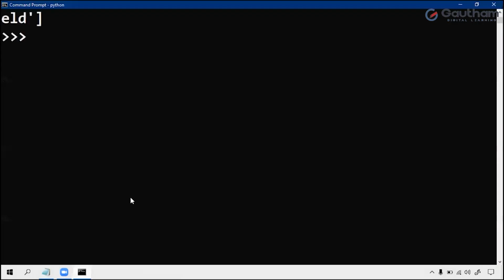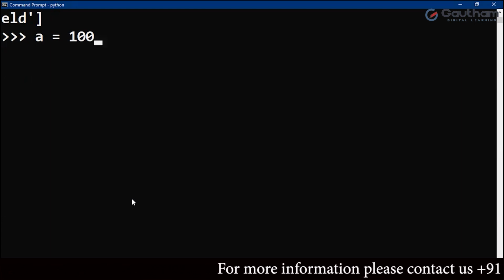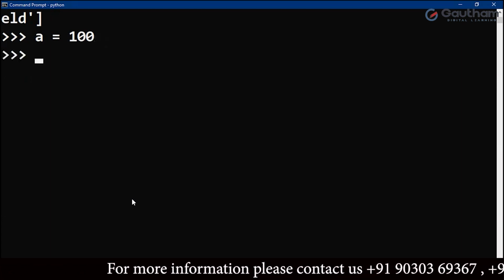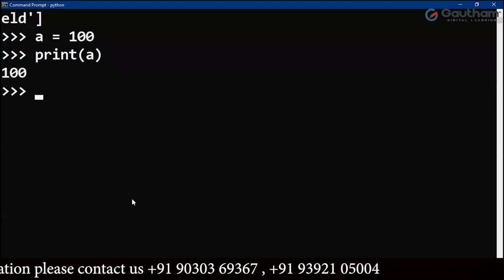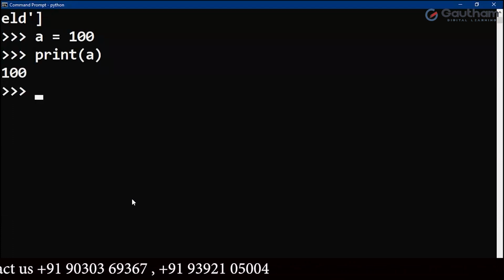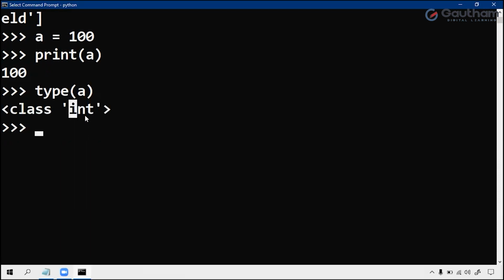Now I'm taking a equals to 100. The value I'm assigning to the variable a is 100. If I want to print this, I can use the print function. If I want to check the data type internally, by using the type function, we can see that it is an integer data type. If you want to check the address,